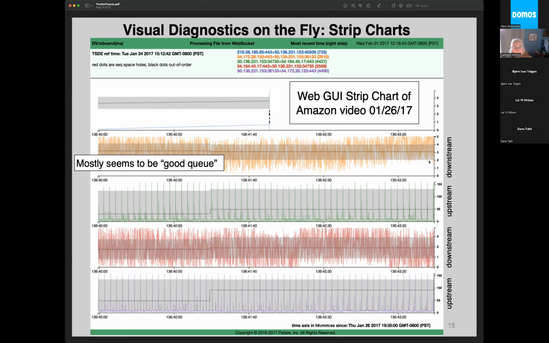The median is right here at about 3 milliseconds, and we're just moving around a little bit. It's good that we don't go to 0 because we don't have starvation. And then the upstream queue, it's not terrible, but we are getting these peaks that probably shouldn't be there, and we are getting 50 milliseconds.